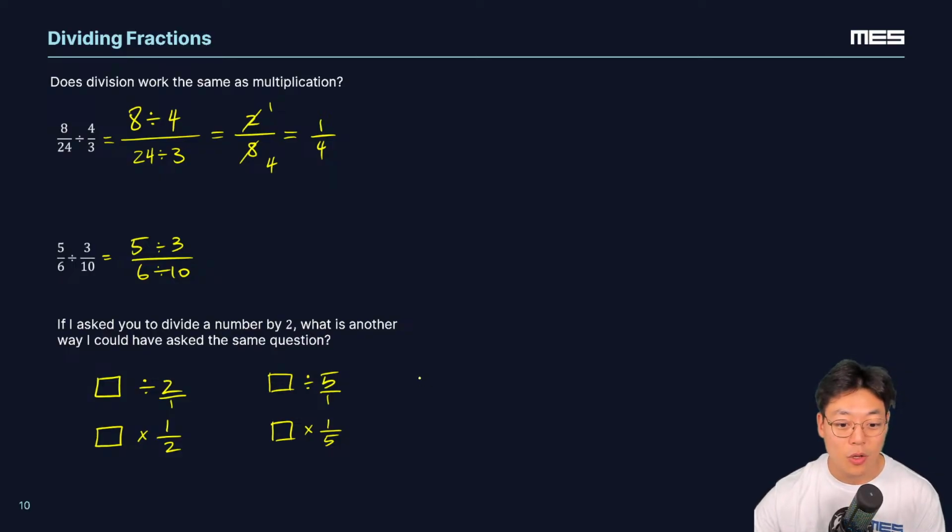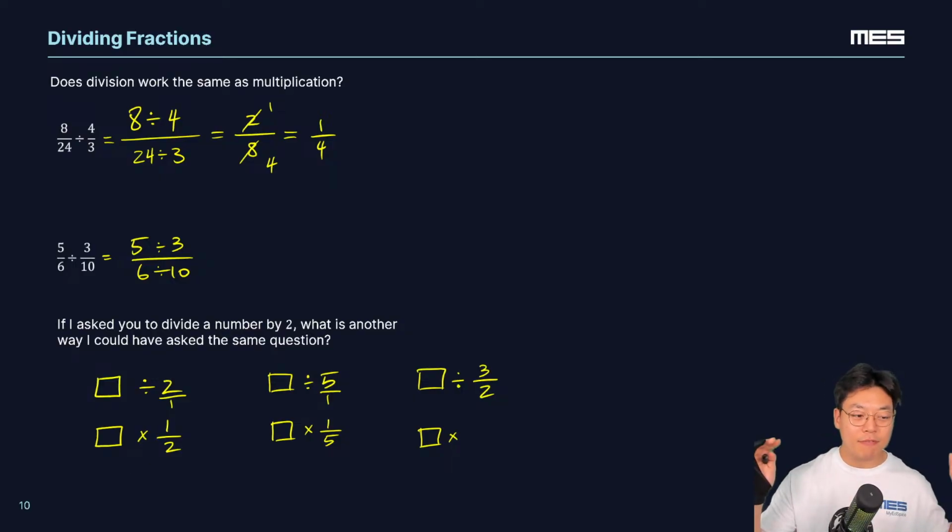Okay? So let's check another one. And I want both of you to answer this one. If we're dividing by, let's say, 3/2, what would I be multiplying by here? Take a guess. If we're dividing by 3/2, this would be the same thing as multiplying the same number by... which one do we flip, right? So far, which one have we been flipping?